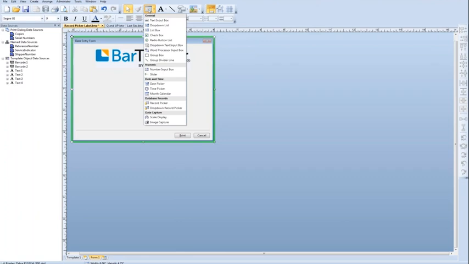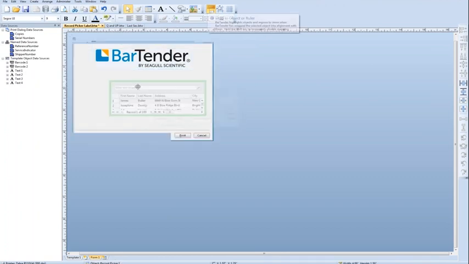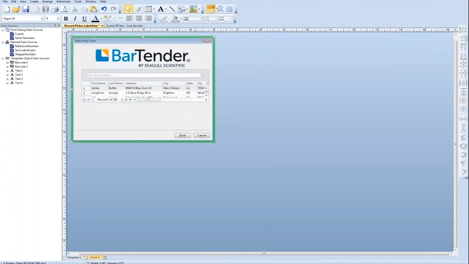So for this particular scenario, since we're talking about the database controls, or the database record controls, we're going to go ahead and select Record Picker. We're going to notice that our cursor changes, and we see that we now have a little view into our database. If we click on the foreground or on the background of the data entry form, we'll notice the green bar